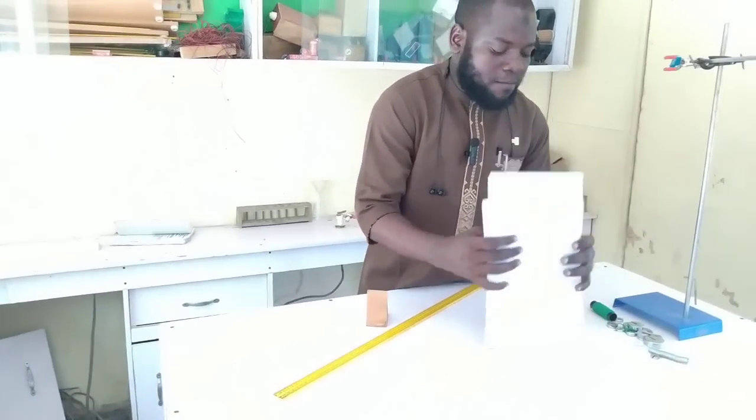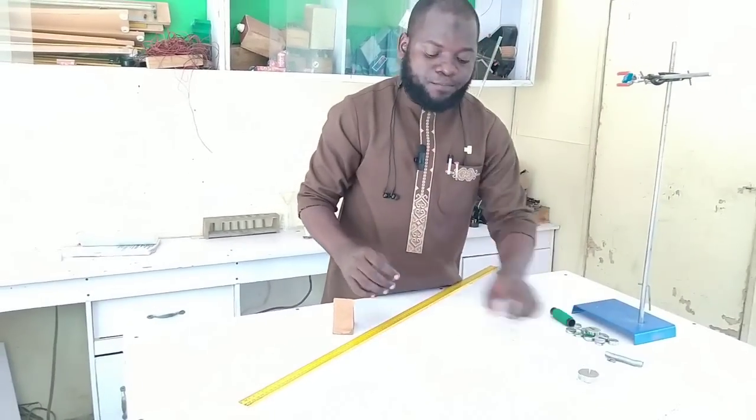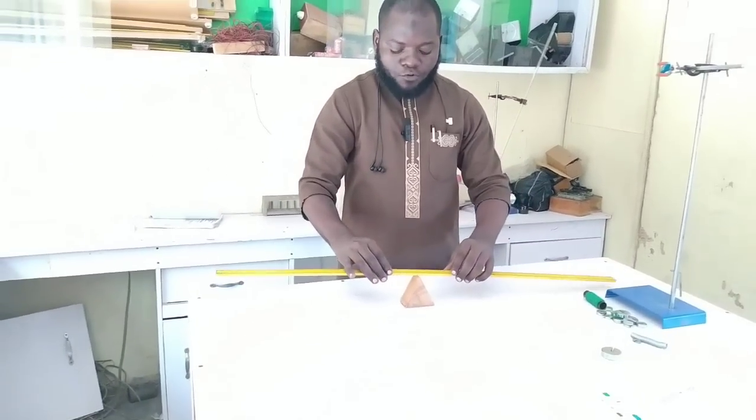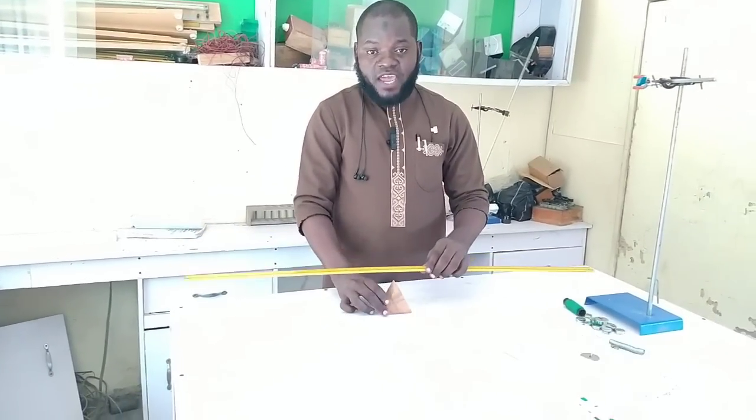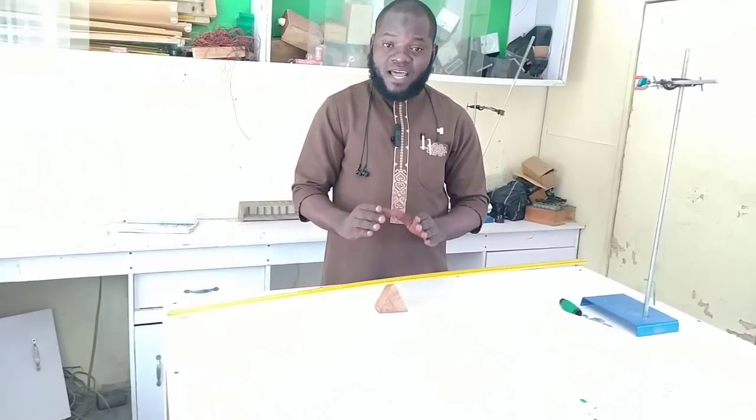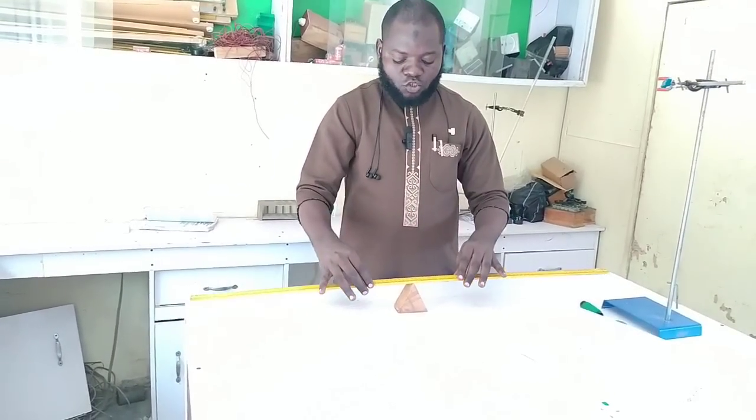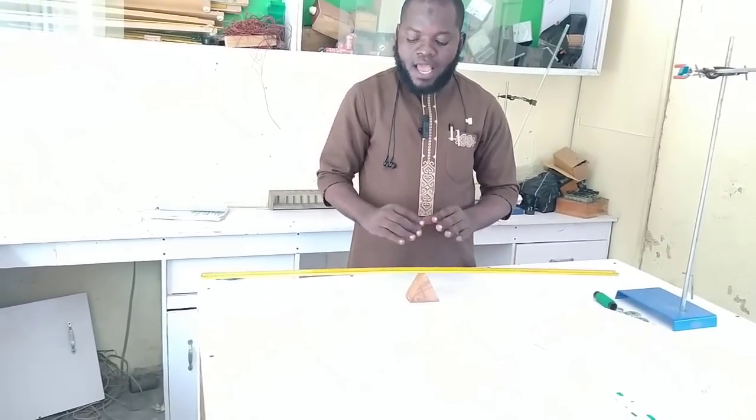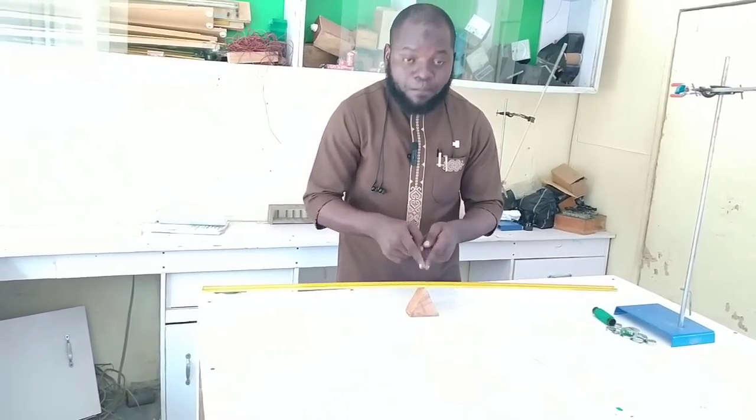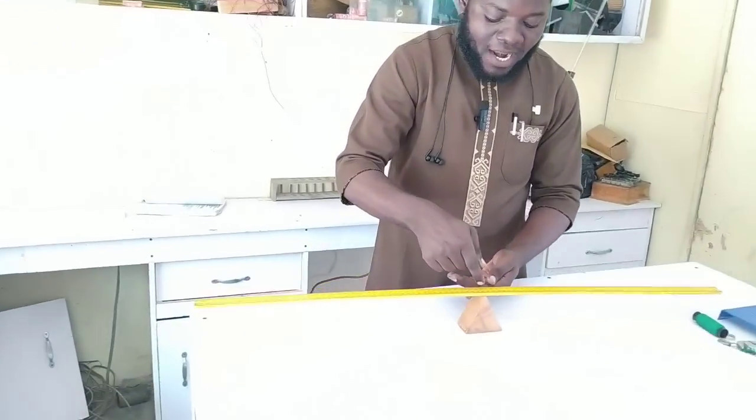We are going to determine the mass of your meter rule using the principle of moments. The first thing is to place your meter rule on the knife edge. When you place your meter rule on the knife edge, make sure it's balanced horizontally and note the point of balance. Like now, this particular one is balanced at